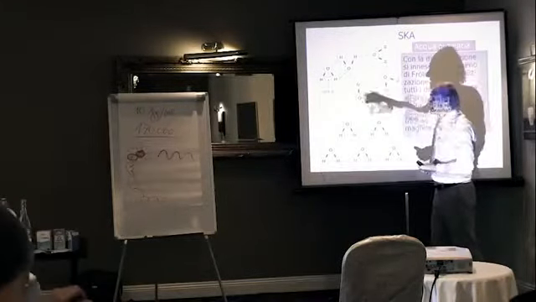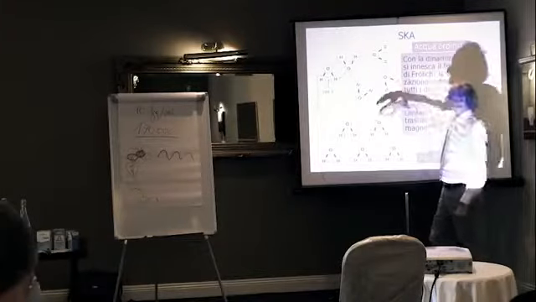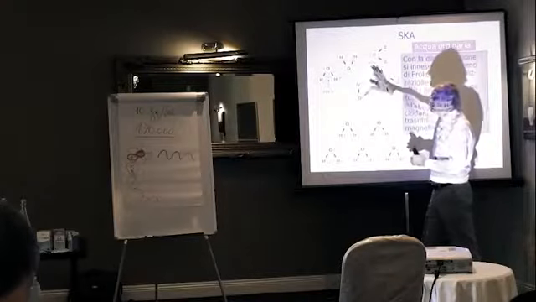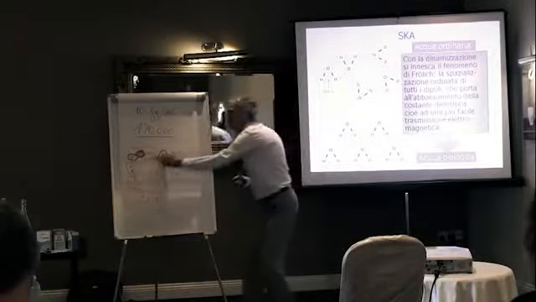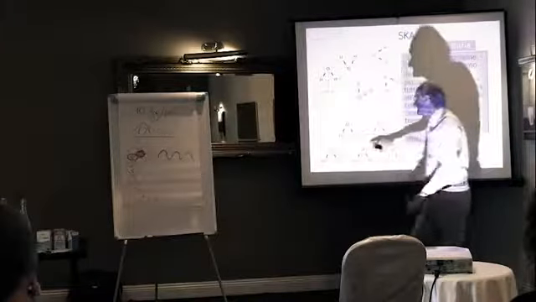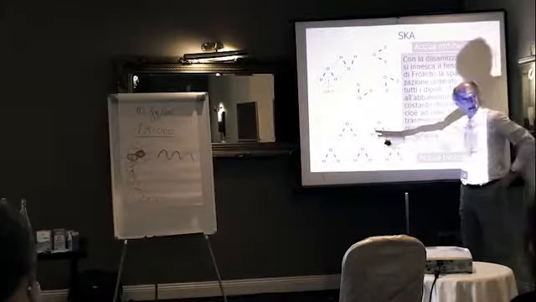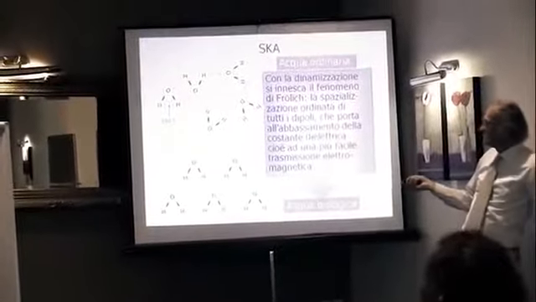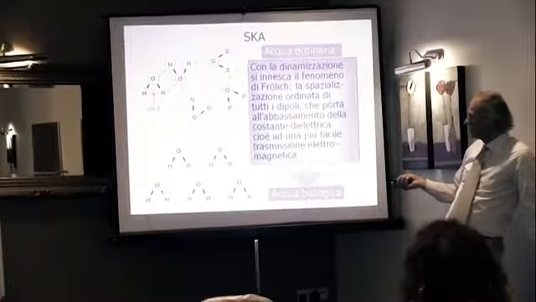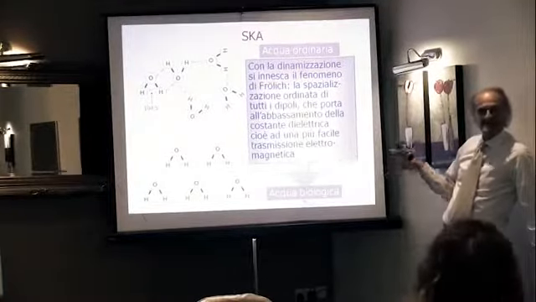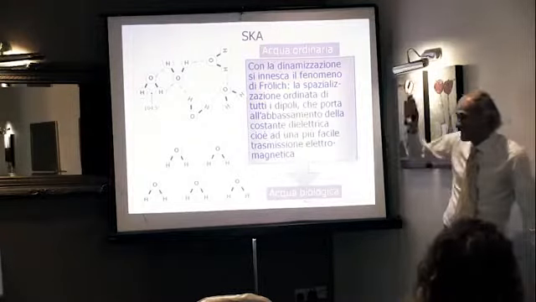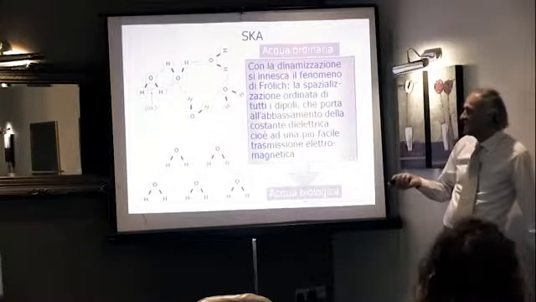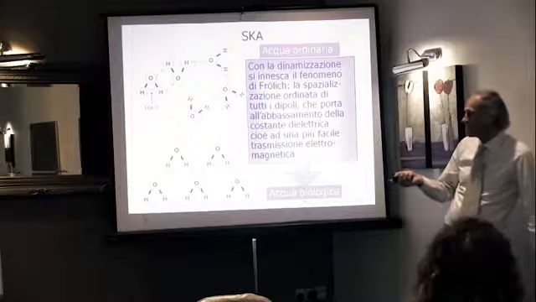Because of this structure, the electric resistance is very high. I mean, this type of water is not a good electromagnetical conductor. Look at this structure of water. This is what happens also in the preparation of homeopathic remedies. In this structure of water, all the dipoles are in series. Since this structure, they have a very low electrical resistance. It means that this water is a very good electromagnetical transfer.